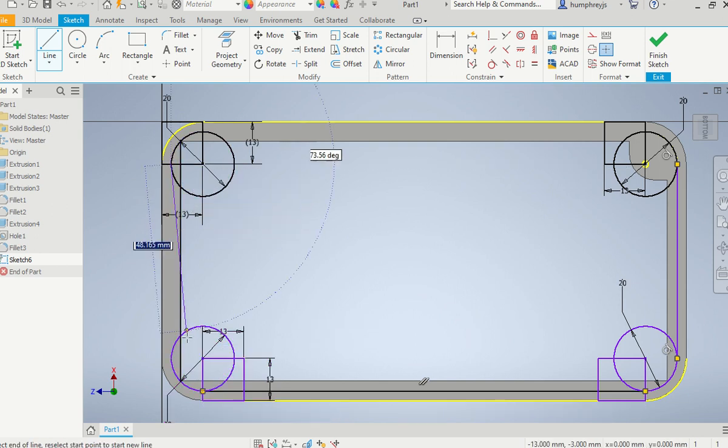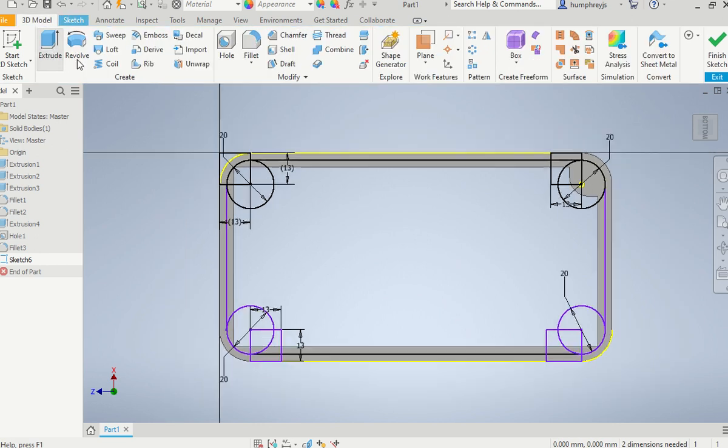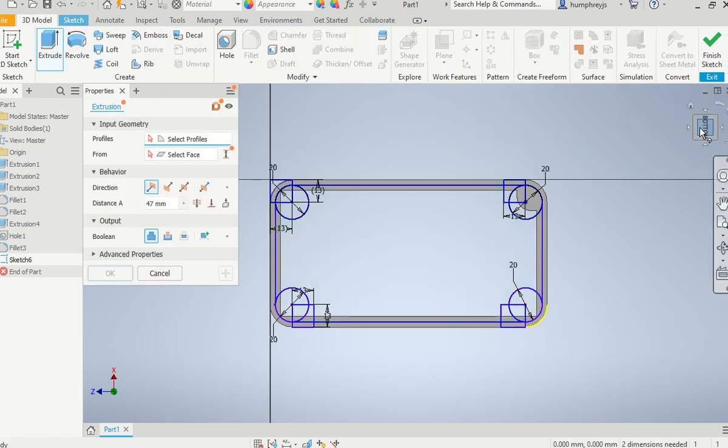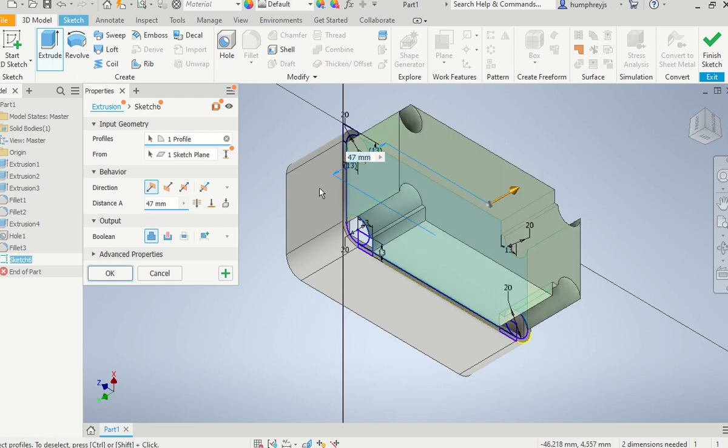I'm not too sure what happened there. Okay, so those points. Now what I'm going to try and do, it keeps on. I'm pressing escape here to stop that. I'm not too sure why it's doing that, I'll be honest with you. I'm going to go to 3D model, I'm going to go to extrude. I think this is going to all get a bit complex, but let's just have a look at it. So what we can see is I've drawn the 20 millimeter diameter, 10 millimeter radius circles. I've also joined the sides together. And what I'm hoping I can do with this is